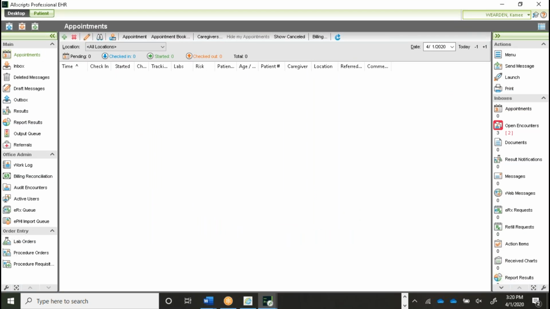So you'll click OK through that screen, and then the system will launch. This is our Allscripts EHR platform. Up at the top left, we have a desktop and a patient button. If we're on desktop, that's going to show us the appointment screen here. When we're connected to the practice management system, all the practice management appointment information is going to flow into this